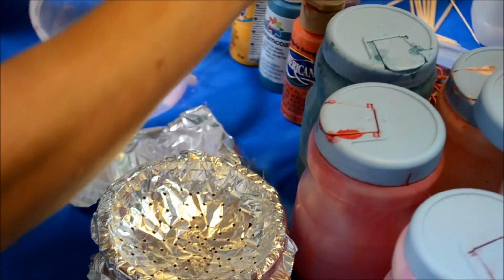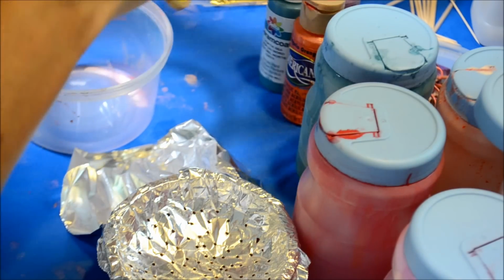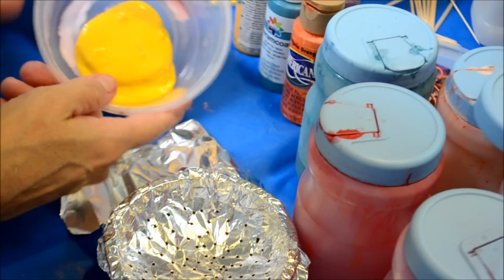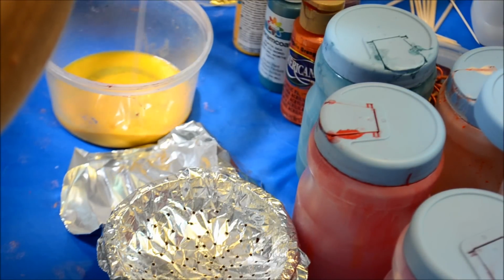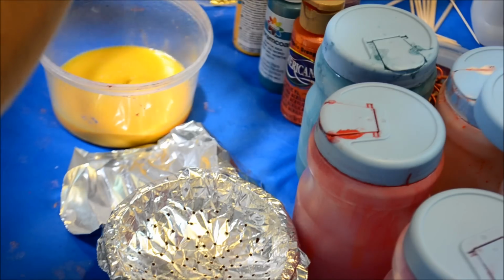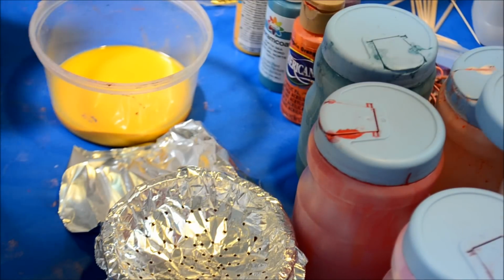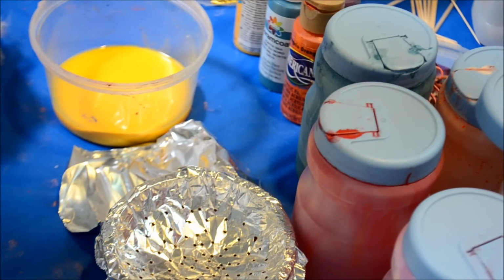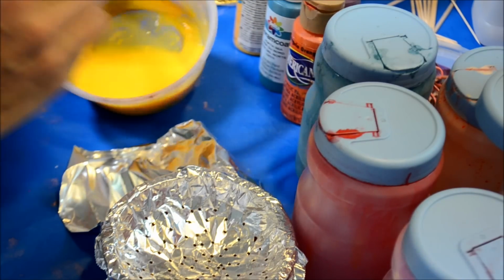Take another container and fill that container with the color. I'm going to use yellow. So just put a bunch of paint in the bottom of the container, and then we're going to take your rubbing alcohol and dilute that paint. You just want to do about half and half for starters. Get your paintbrush and mix it. What you're going to do is dilute that color,